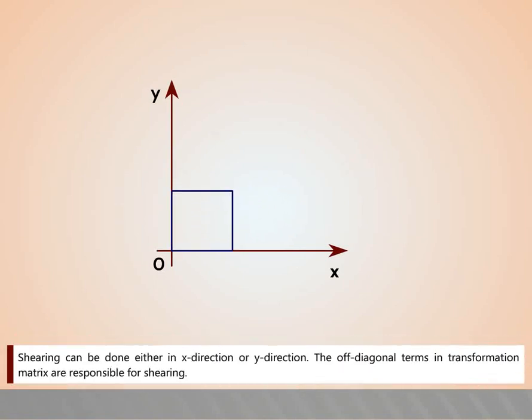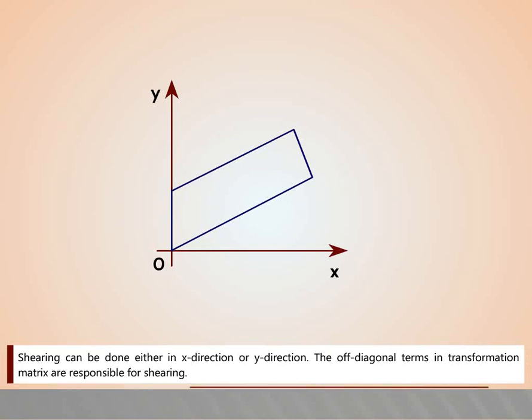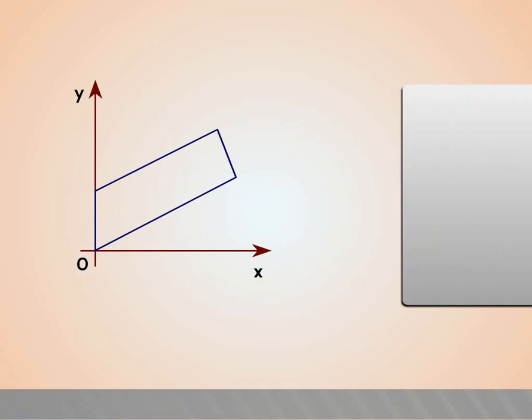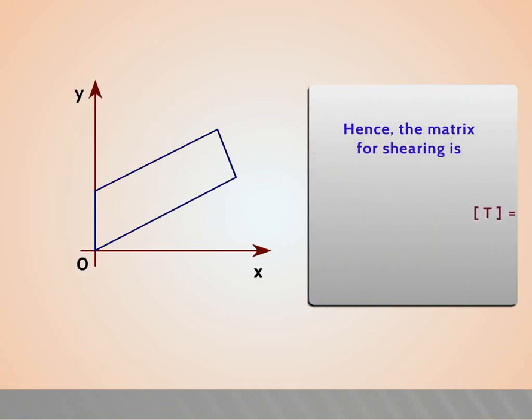Shearing can be done either in x direction or y direction. The off-diagonal terms in the transformation matrix are responsible for shearing. Hence, the matrix for shearing is